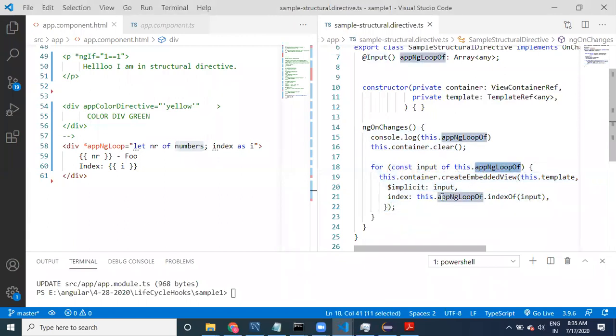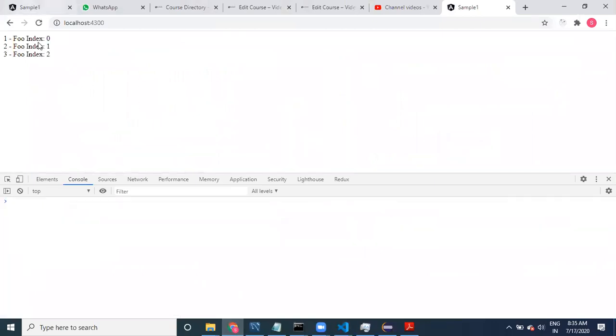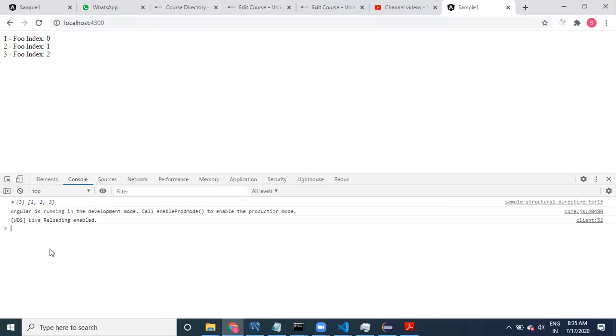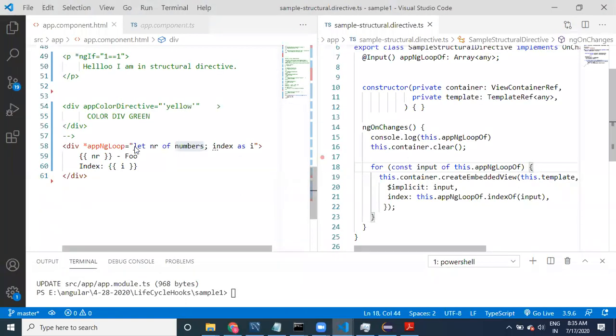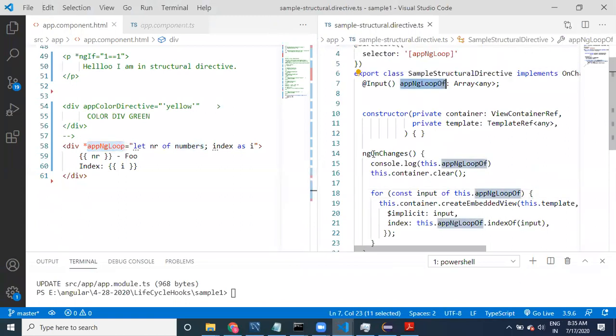Input, app ngOnChanges, the container create. Yes. Next, now let us run the program. Now I want to test it. Of course, this data is displaying. If I go to structure, see here what data it has printed. We are printing 1 2 3. The array is printed because even though you are providing all this information, this value got entered into here.